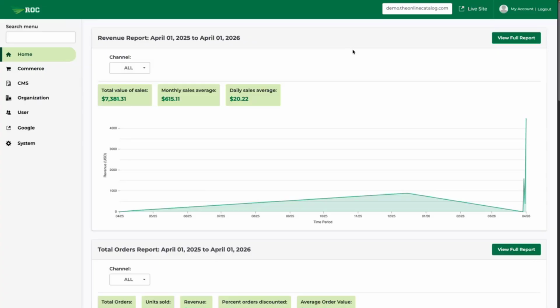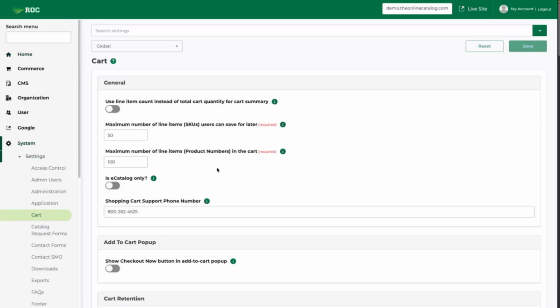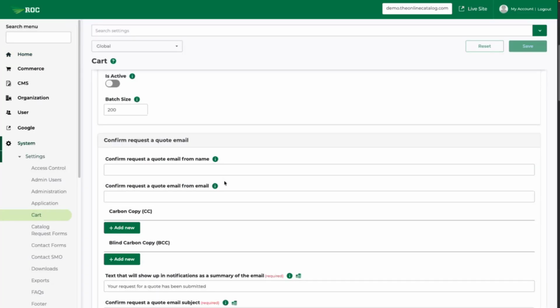There are 4 primary emails that you will receive on your catalog site. I will now go through each of those emails and how to adjust who receives those emails. To start, click on System and then click on Settings. The first one we'll go through is on the cart. If I scroll down, I will see